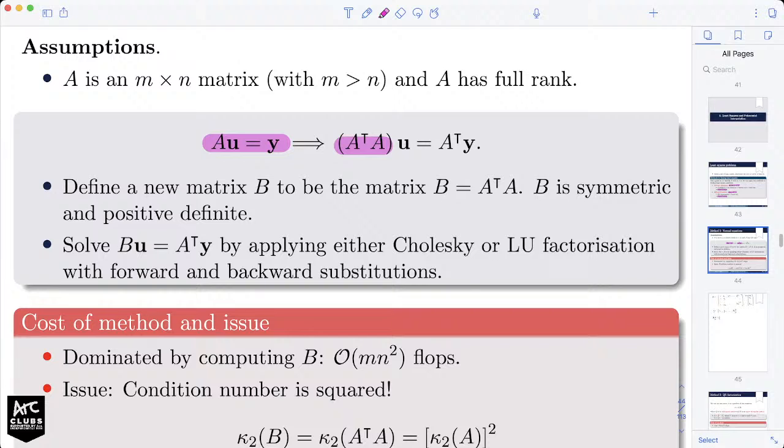Okay, I've just been told there's an issue with my screen. Okay,